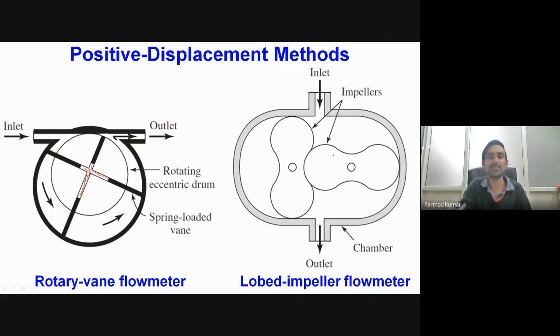This type of positive displacement device is required for measurement of flow where we have to go for very accurate measurement. In the case of positive displacement devices, in each revolution of this mechanical arrangement we have a fixed discharge. So the discharge will not vary here. That's why these methods are very accurate methods for the measurement of the